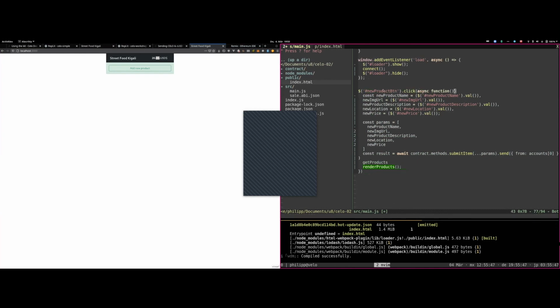bind an event handler to the new product button. And then we're just going to extract the form values and build up a params array. Then, again, use our nice instance of the contract that we created in the connect method and the submit item that comes from the API. And just use a spread operator to put the params inside, just so we have a little bit more readability here, right? And then the only thing we have to specify is from which account we want to sell, because